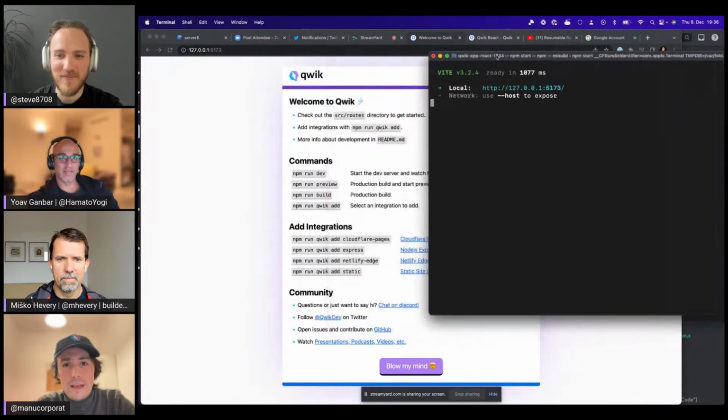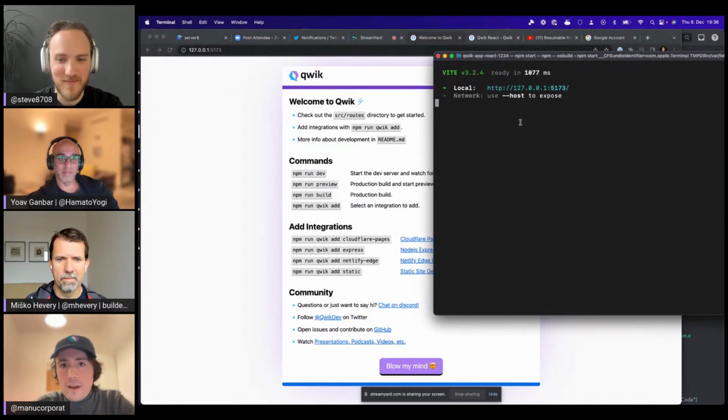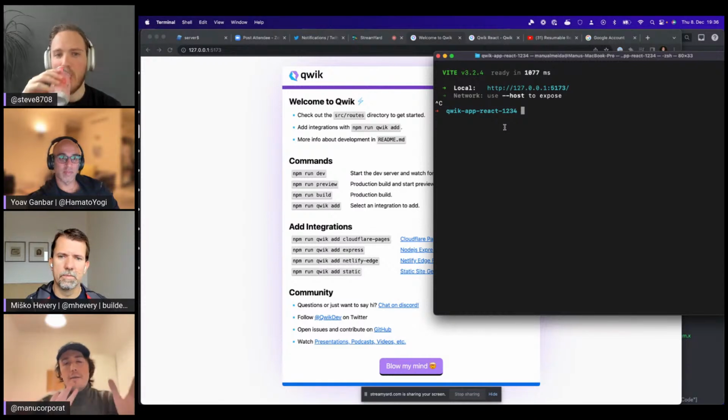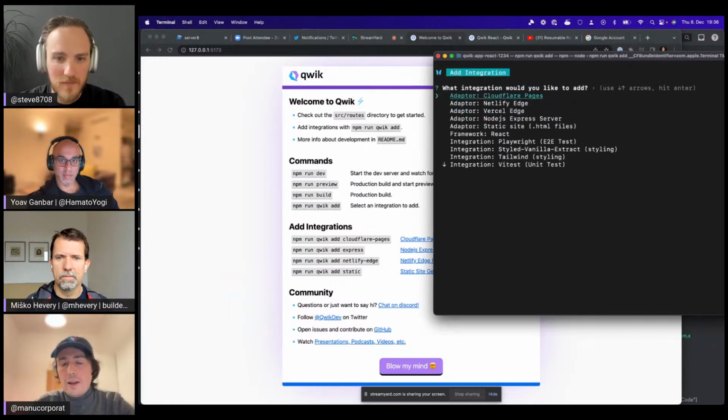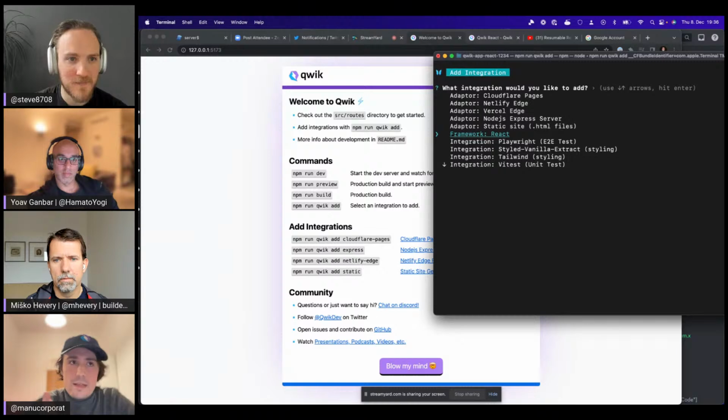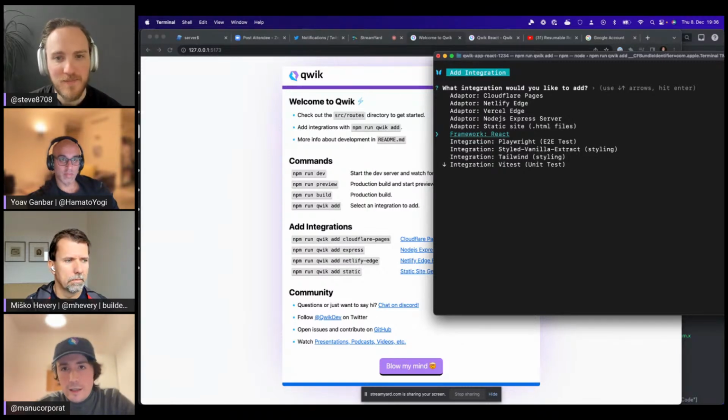So when you have an application, anyways, this works. The integrations we have for Qwik, I think it's very inspired by Astro. We have this command, npm run qwik add, right? And it will tell you all the integrations we have. Right now, they're kind of messy here, but we are getting to a critical point where we have a lot, and there are actually more integrations than what I'm going to show for React. There are open PRs for Solid and an open PR for Vue, 100% driven by the community.